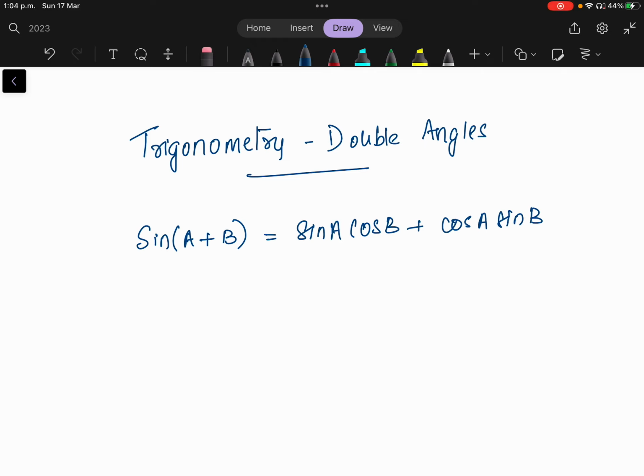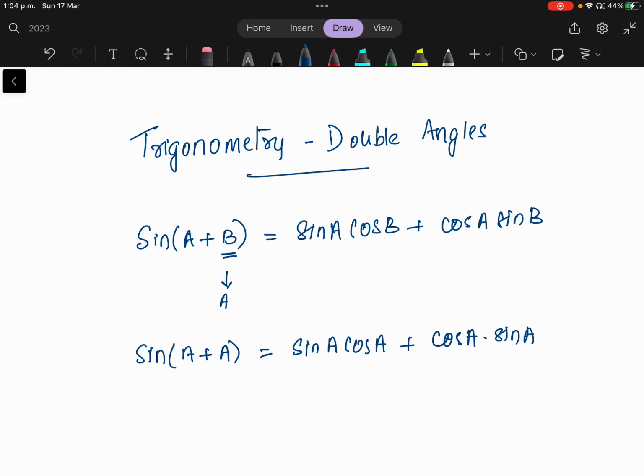You need not memorize this, it is all there in the formula book, but you have to understand that if you have a sine of two angles, you can split it like this and write it. Now in this case, if you are replacing B with A, what will happen here? Sine A plus A, I'm replacing it for everything, so it is like sine A cos A plus cos A